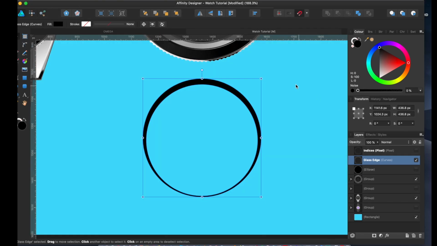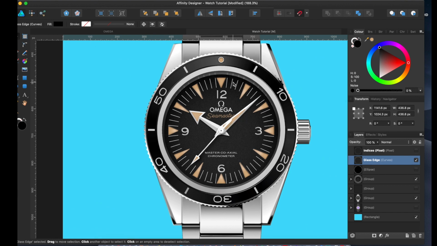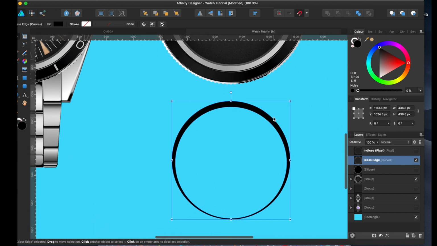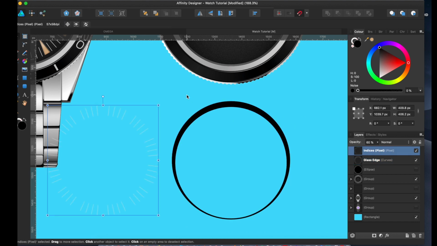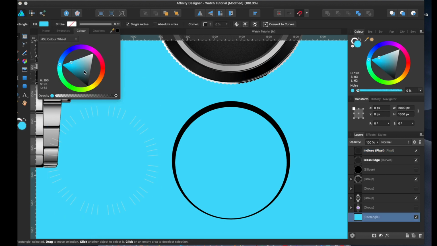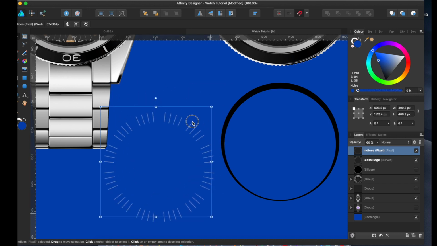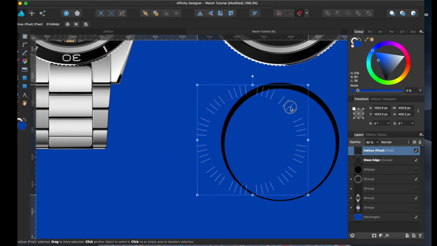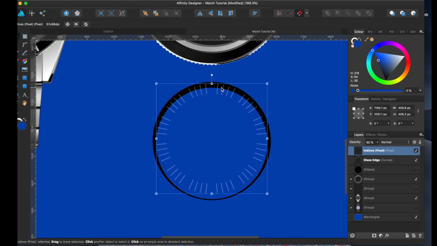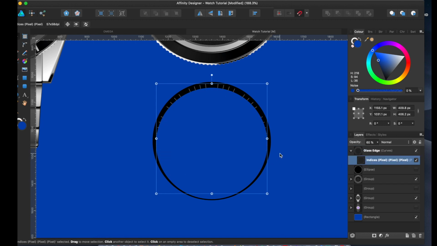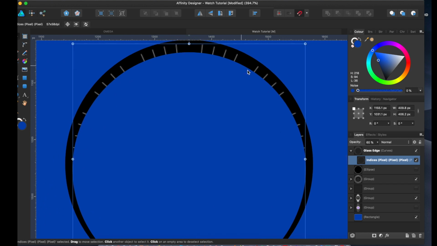The indices you made earlier, indices are the minutes here. The ones we made earlier, you're going to want to go and get them. So I've got mine here. I'm going to change the color of the background so you can see it a little bit better. Here are the indices from earlier. So I've just copied these, and you're going to want to bring them over, and you're going to want to nest them within this shape with the hole in it. You're going to want to drag down and right to nest it inside. Now you see they're just in the shape.